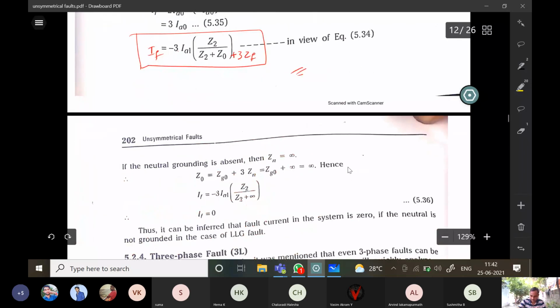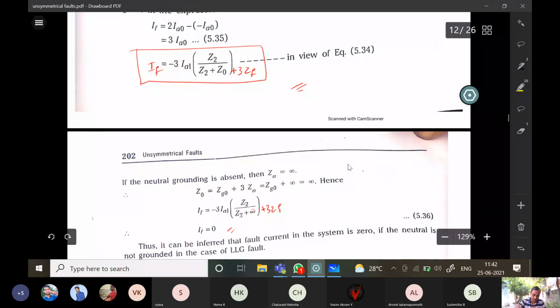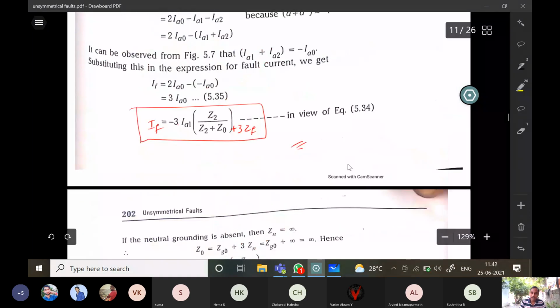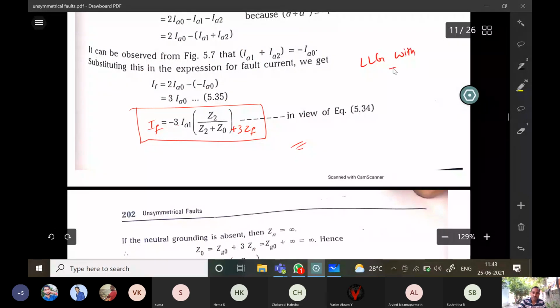Okay, and IF becomes 0 as it is according to this. Okay, so Z2 plus 3ZF, so one by infinity is there, so IF becomes 0. So this is about LLG fault with ZF. So from this today we have